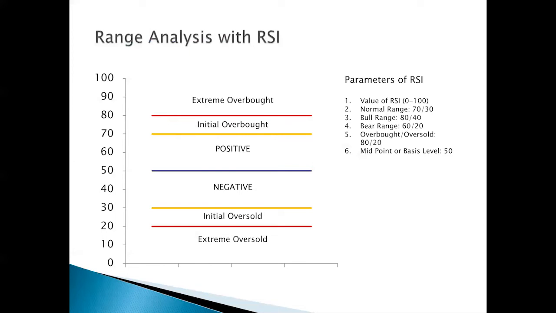And this range, if you look to the right, parameters of RSI, 0 to 100, normal range, 70 and 30. Number two, that's where most of the activity takes place. But when it goes up above 70 and hits momentum highs up at 78, 80, 82, price is making a higher high, RSI's made a higher high, and the range has shifted. Now on the downside, when it breaks 40, it's changing and breaking the bull range. The bear range number 4, same concept.